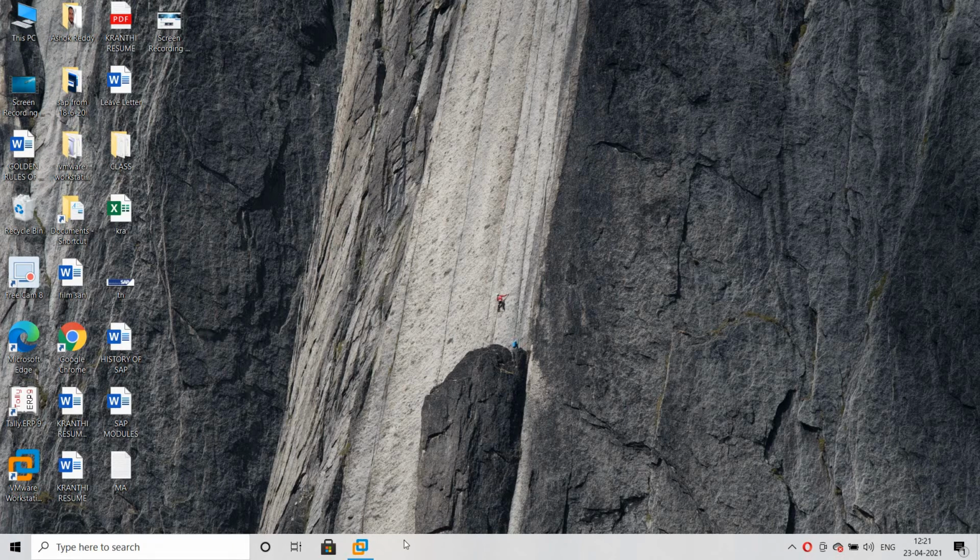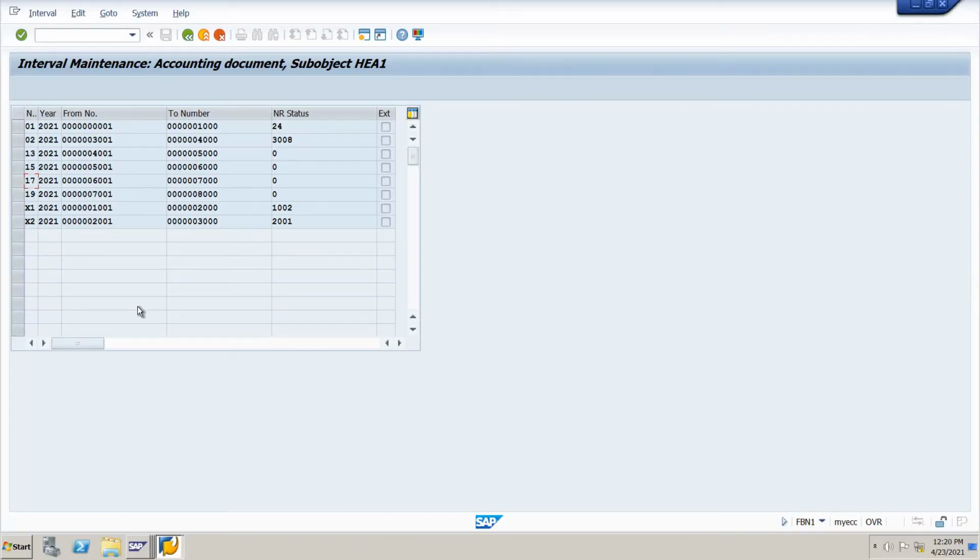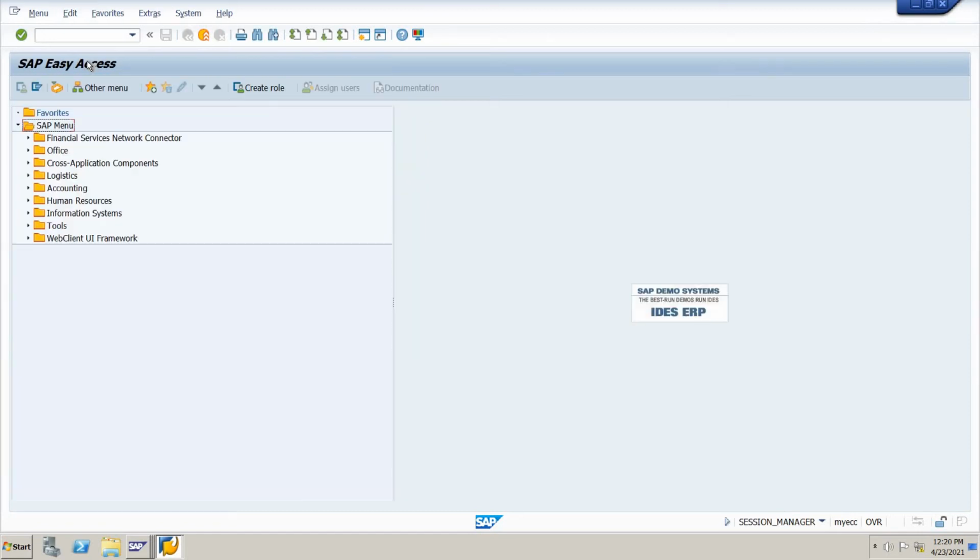If we open the SAP, we have two screens by default: the SAP consultant screen and the SAP end user screen.